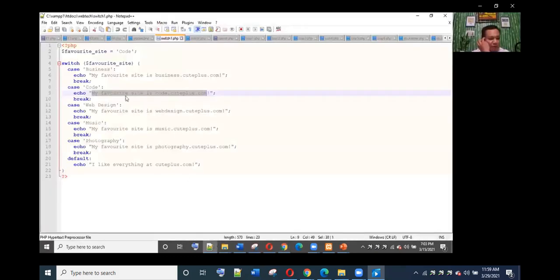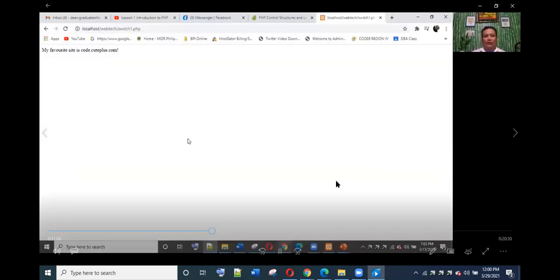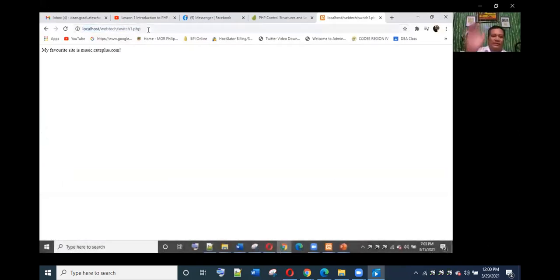So we just try to replace it. For example, instead of code, we type music. We expect that the output must be: my favorite site is music.qtplus.com. But of course, don't forget to save, since we changed some code and we expect a new output instead of code.qtplus.com. Then since we saved it already, enter. So this time, my favorite site is